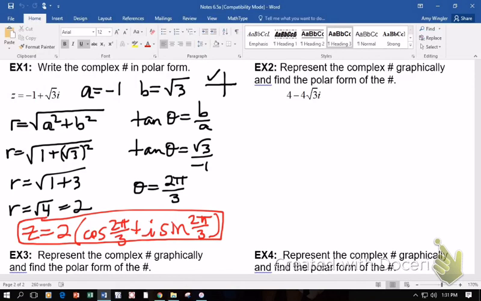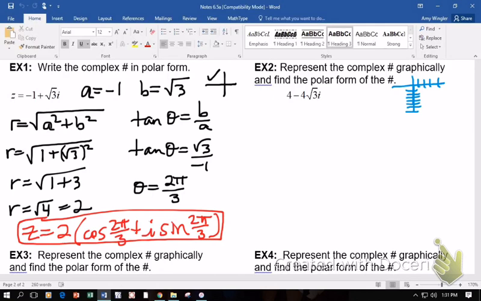On the next example, it says to represent the complex number graphically and find the polar form. I always graph, no matter if it tells me to or not. I know that I'm going to the right 4, and then I'm going to go down 4 radical 3. If I type in 4 radical 3 into my calculator, I get 6.9. So I'm going to go down almost 7